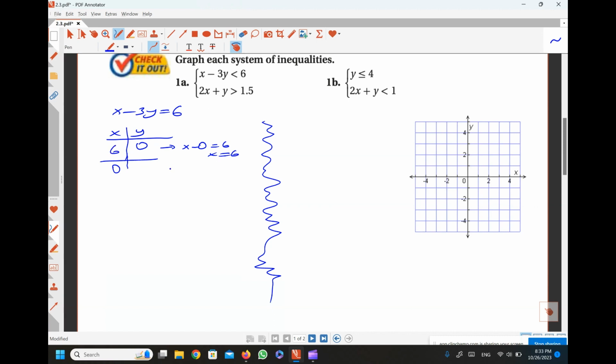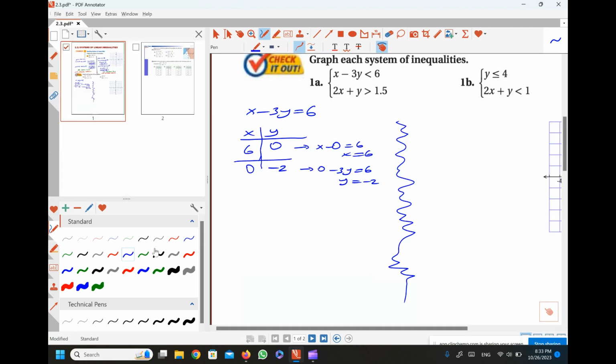When x is 0, what happens? 0 minus 3y is equal to 6. Divide by negative 3, y is equal to negative 2. So your y-intercept is (0, -2), x-intercept is (6, 0). You plot these 2 points on the coordinate plane, 6 for x and negative 2 for y, and you connect those 2 points by using dashed or solid line, since that's the